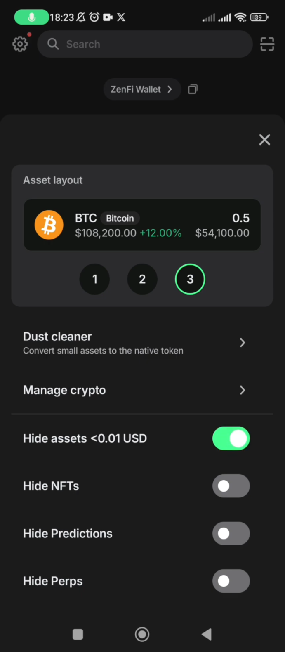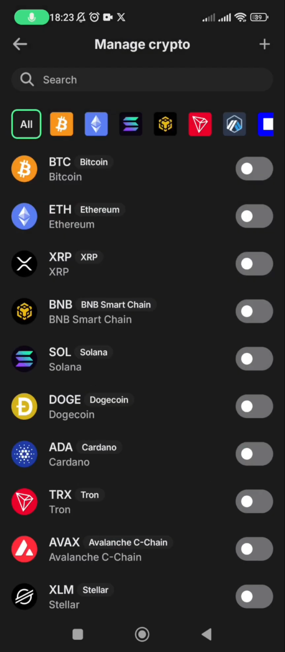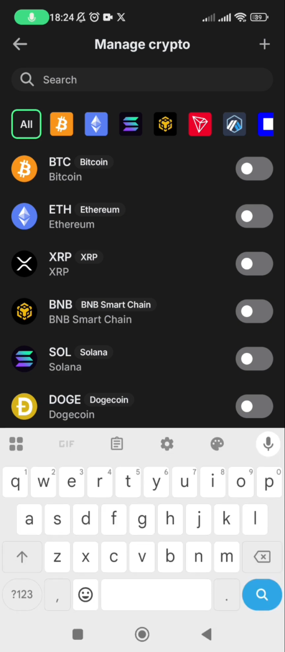Okay, once you turn it off, you will see dust cleaner. You will see manage crypto. Click on manage crypto. All right, now when you come here, you have to activate the coin that we need. We need BNB on smart chain, and then we need USDT on Binance chain also for Zenfi. So all you need to do here, if you want to get it faster, go to the search button here,